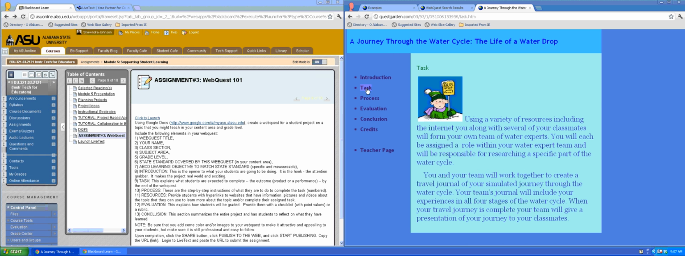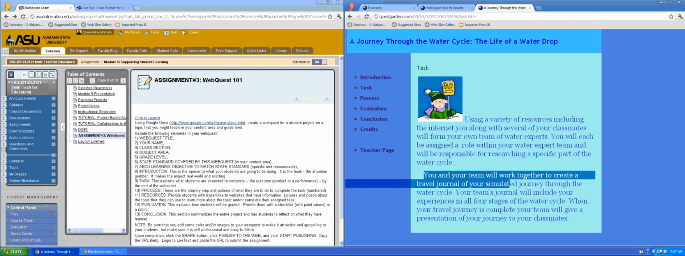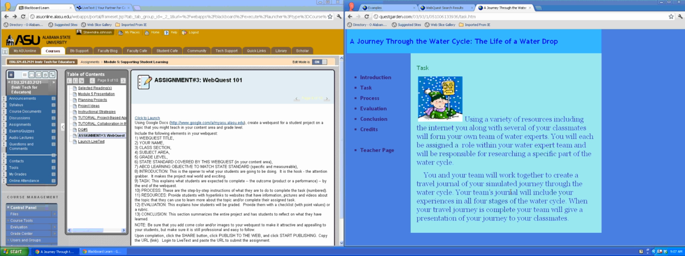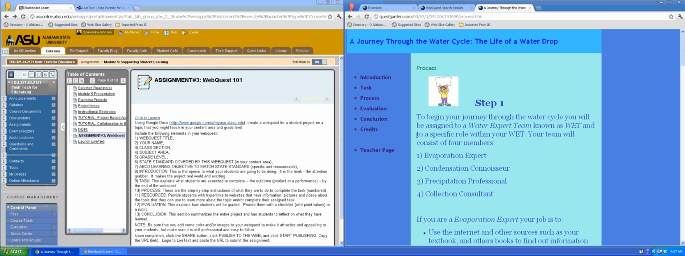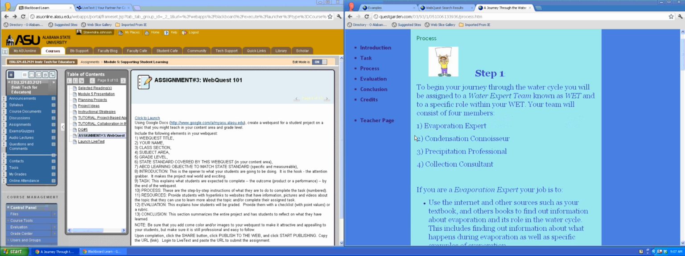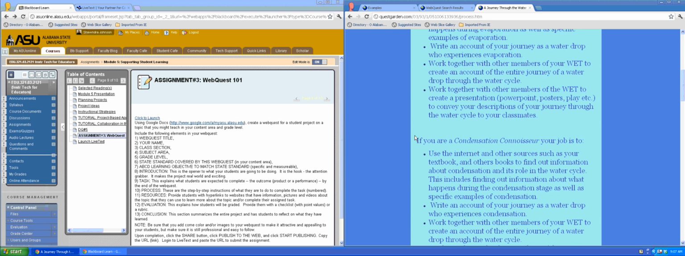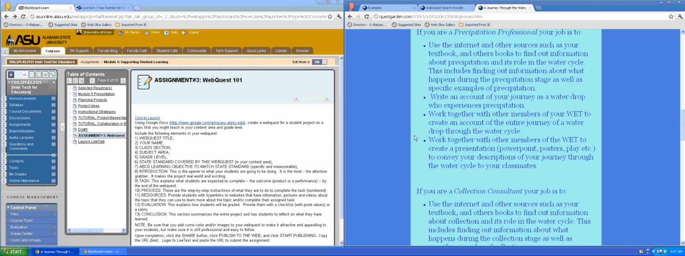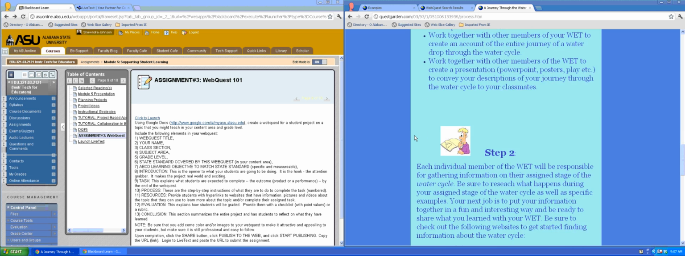The next section is the task. This explains what it is that they're going to be completing, what it is that they're supposed to do. So, for example, here you and your team are going to create a travel journey of your simulated journey through the water cycle. So the journal is actually their project. The process then gives them step by step everything that they're supposed to do in order to complete this project,